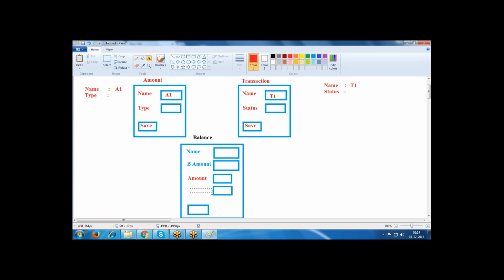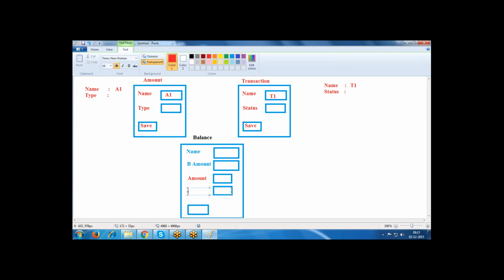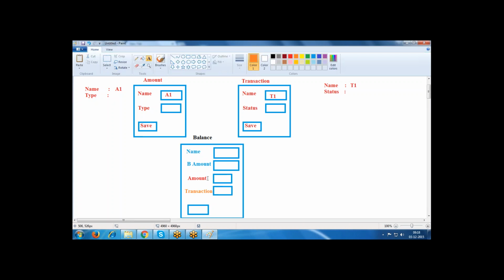This is a transaction. This is a transaction sum. Here we have master detail.